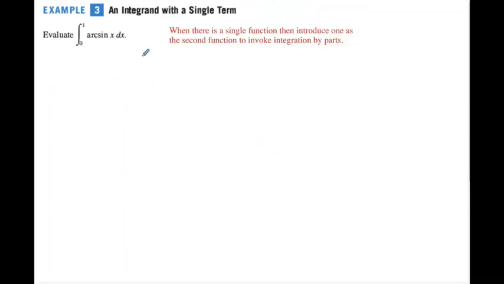Okay, so in this example, we see that we only have a single function. That function is arc sine of x. I put a little comment here. The comment says that when we are working with a single function and we would like to use integration by parts, we can introduce 1 as that other function. So if we look at this integral, we can say that we have the definite integral from 0 to 1 of 1 times arc sine of x